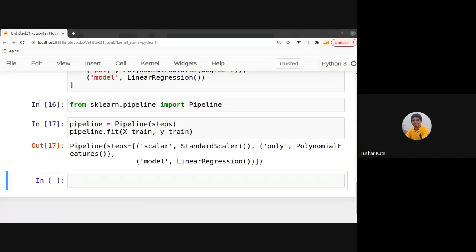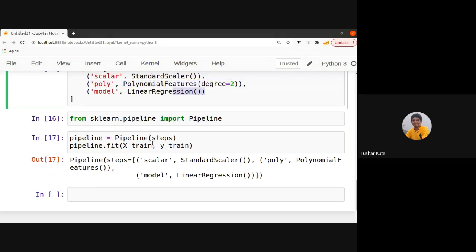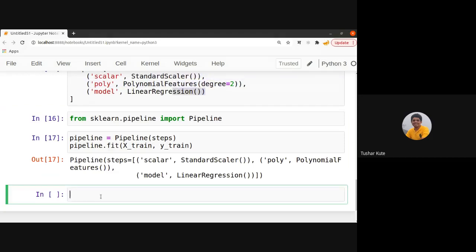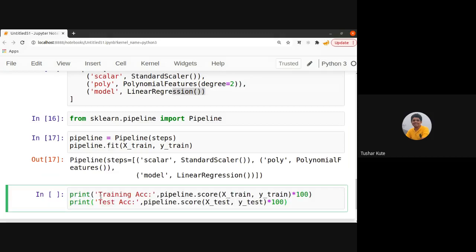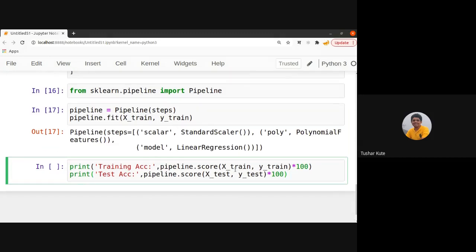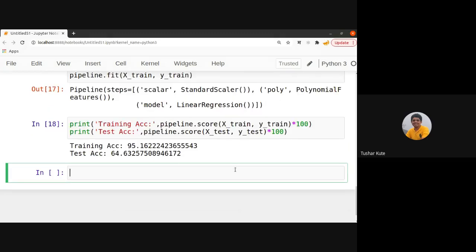So the pipeline object is created, and with the help of this object, now I can find the accuracy. It's trained already. It means that this pipeline has performed these operations, and it has created the polynomial regression here. Now let's see the accuracy of the polynomial regression on this data. I am using degree 2 only. If you check linear regression, we got 76% accuracy in training data and 67% in the testing data, correct? Now for this case, check it out.